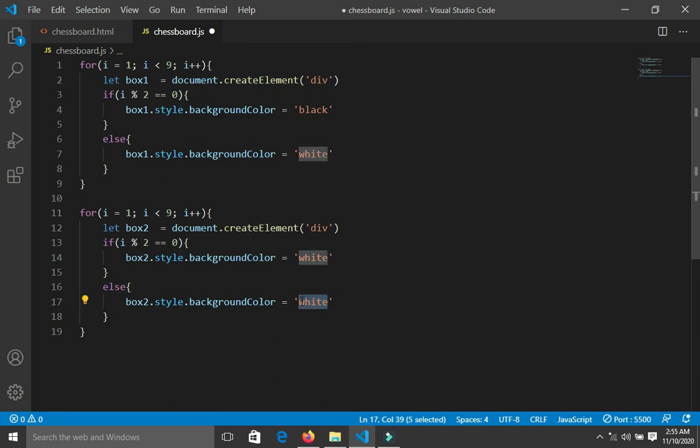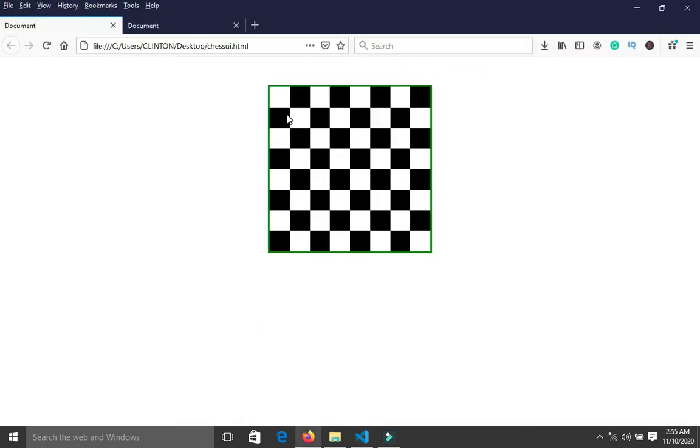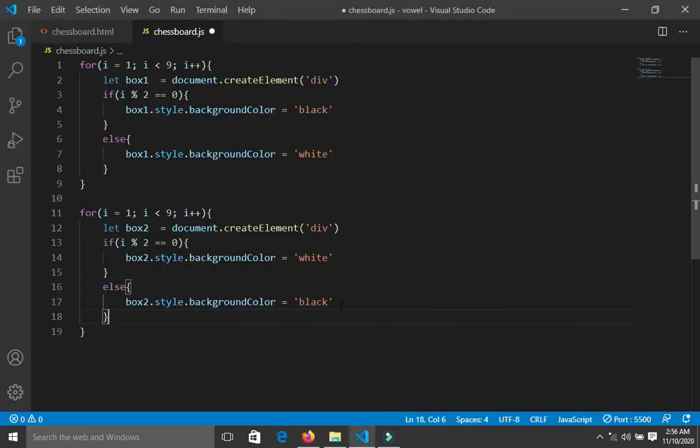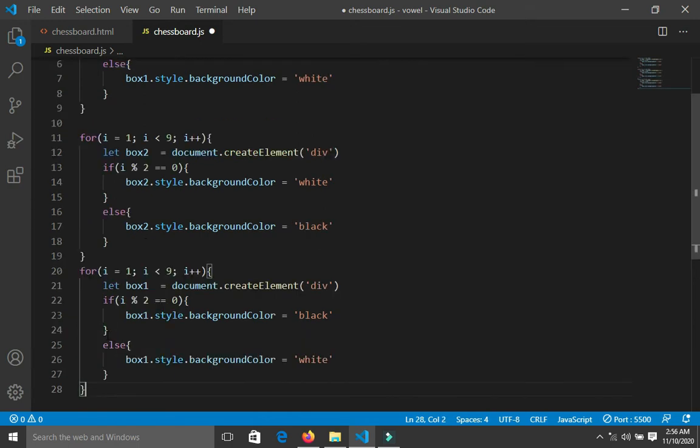This represents the odd number for the elements in the second row. As you can see, the first element there, which is 1, is an odd number, so it has a background color of black. Understand? So this is an odd number, so we copy and keep on pasting till we get down to the 8th one. So we change this to